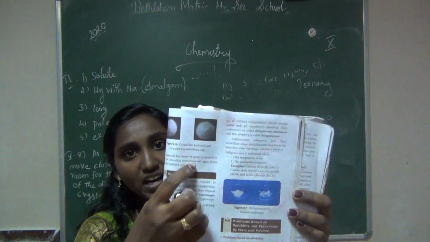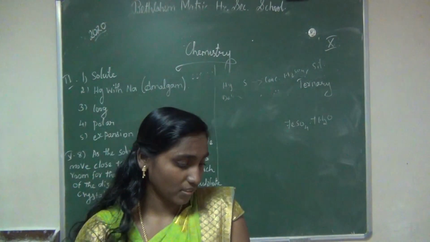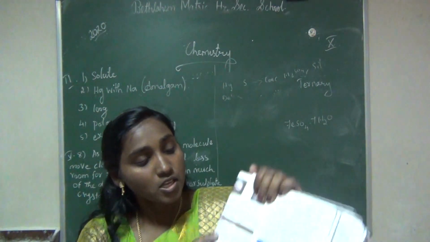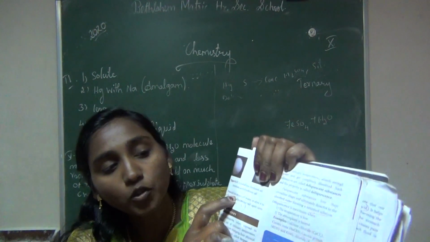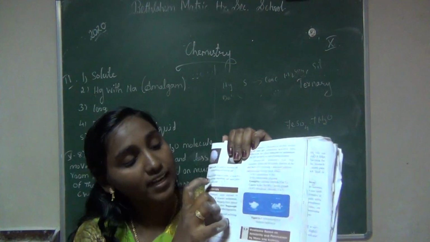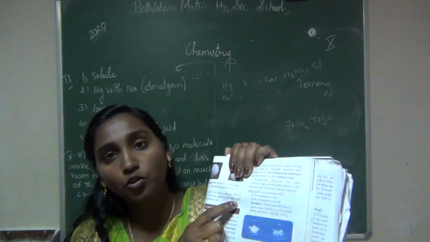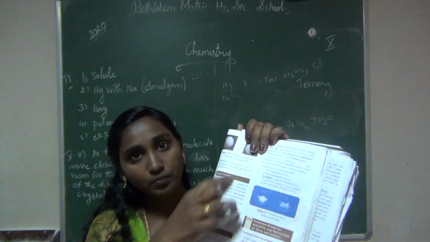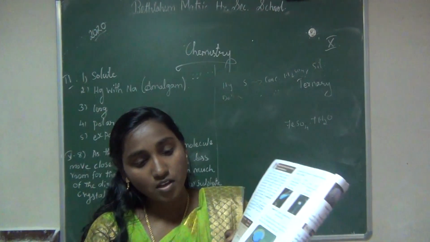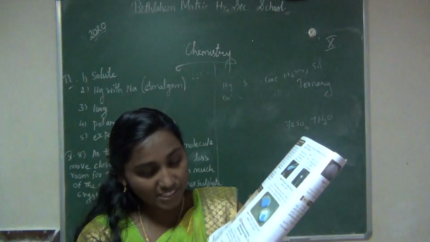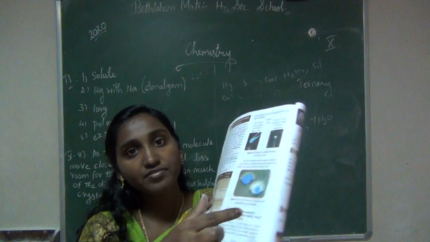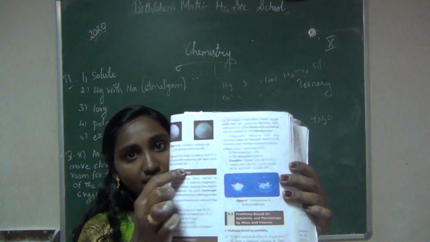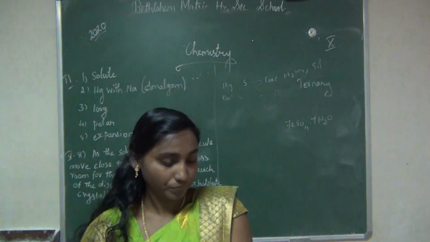Now mark up to this paragraph, these 3 lines. And this picture, no need to draw. Here in the first line, they have given 'if you add few drops', so you cut that 'you'. Write 'if add few drops' like that only in your exam paper. So these 3 paragraphs: start from the first paragraph on page number 130, up to the next page, these 3 lines.